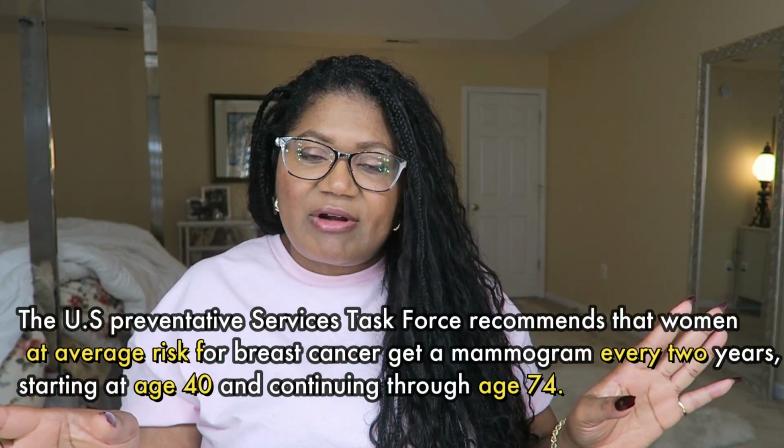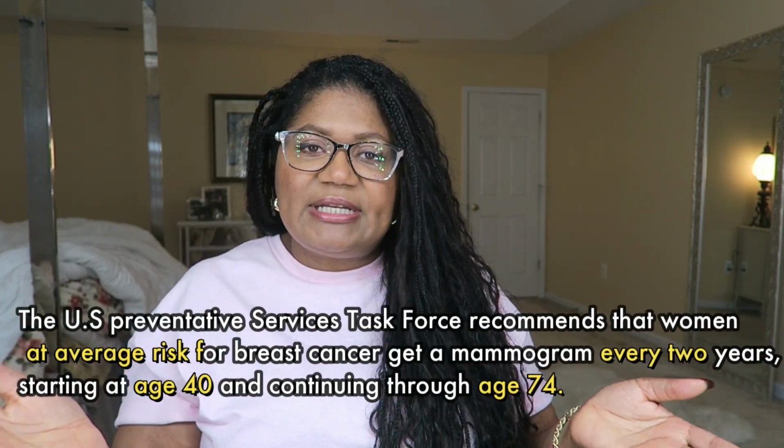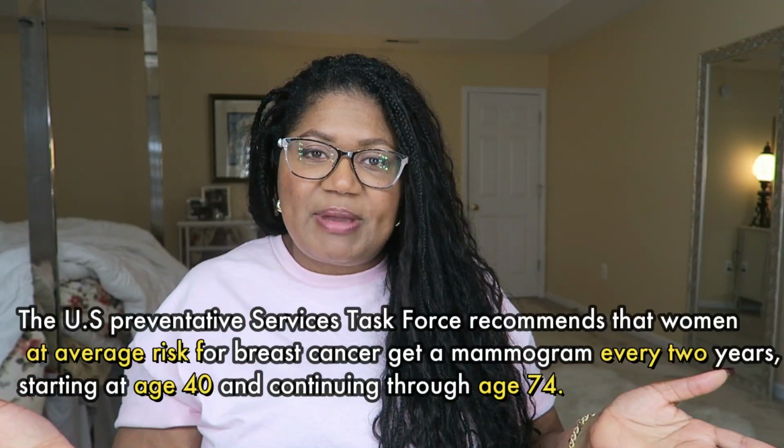So at what age should you start having mammograms? Well, currently, as of 2024, when I'm recording this, you are eligible to have a mammogram by the age of 40, assuming you're of average risk. So assuming you don't have a family history of breast cancer, assuming you're a normal, healthy woman without anything major in your background to warrant earlier screening, the average woman can have her first mammogram by the